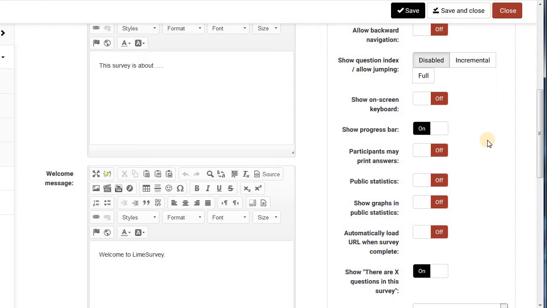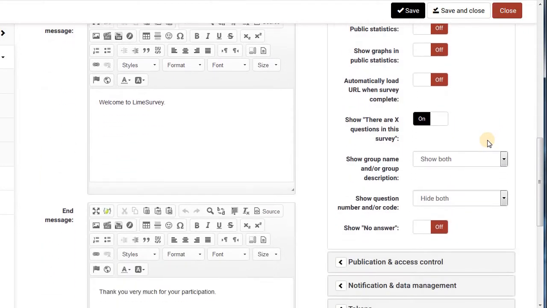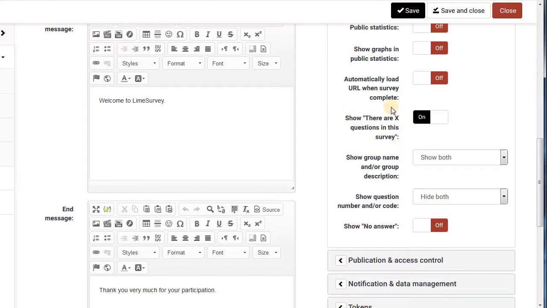Okay, so the next one I would like you to change is this one right here. Show there are X questions in this survey. So we're gonna set it as off. The reason for that, a lot of times we have many questions inside a survey, maybe sometimes even 100 and more, even though some of the questions are very easy to answer. For example, what is your age, or are you left-handed or right-handed, but still be counted as